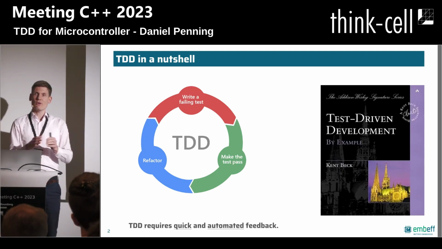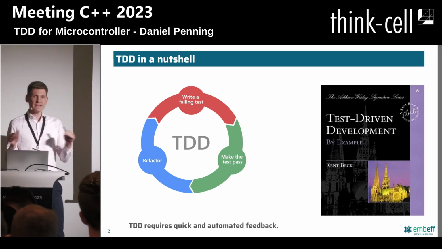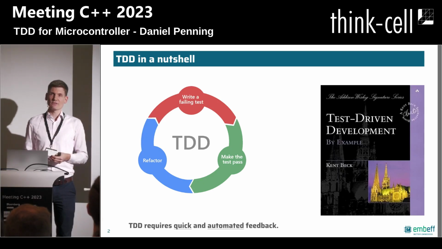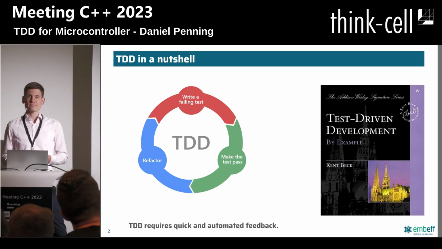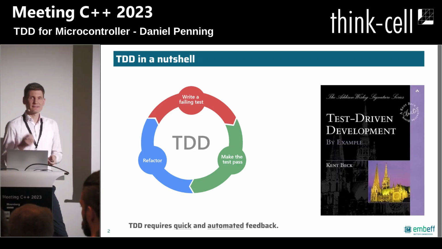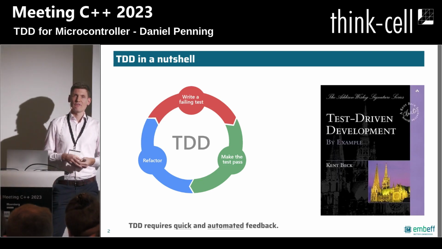If you developed all the parts of your program with TDD, you can freely refactor and change things, and you fall back to your tests, and you know you don't break anything. This is really, for the sake of this talk, the most important benefit of TDD. And this requires, and this is really the heart, a quick and automated feedback loop. Feedback in this sense: you try something, and you get feedback if it's working as intended.